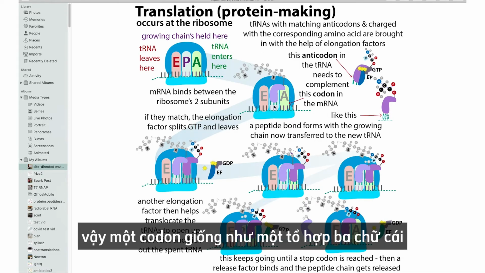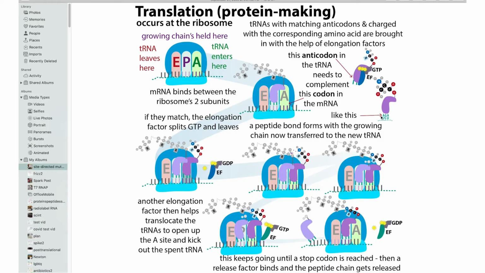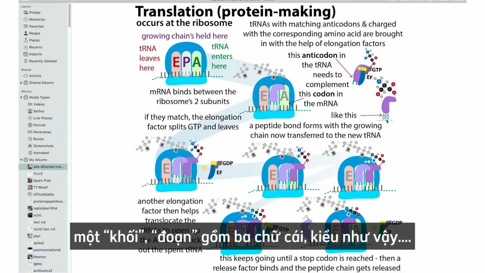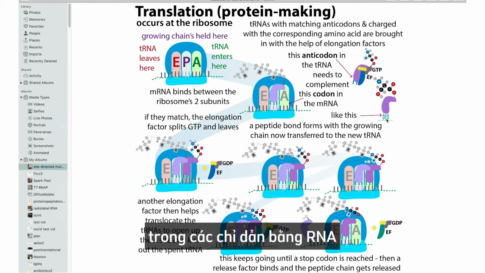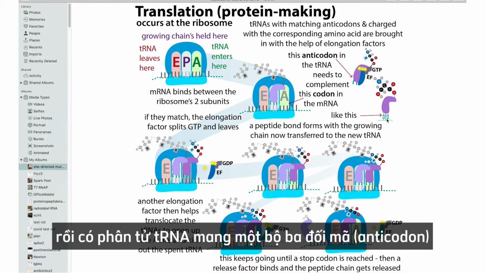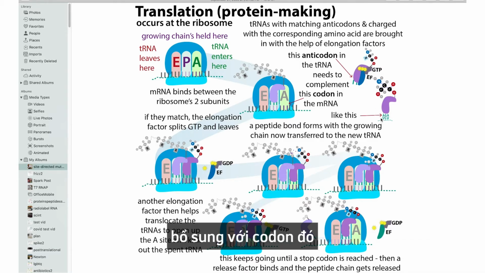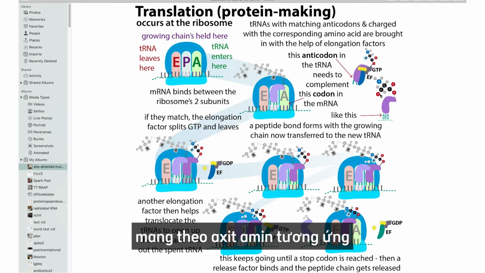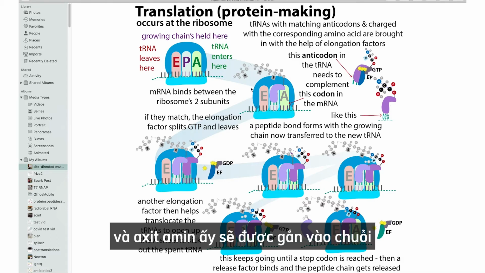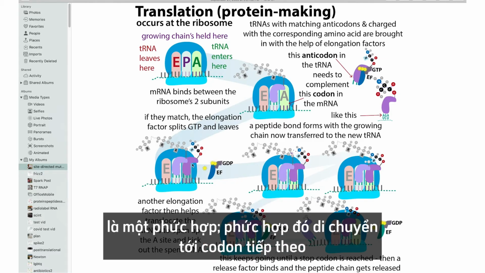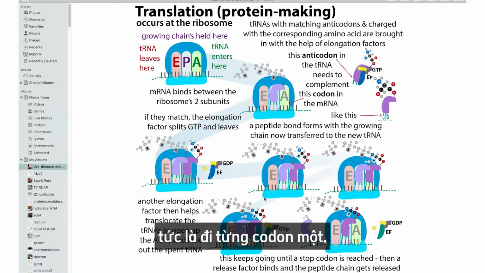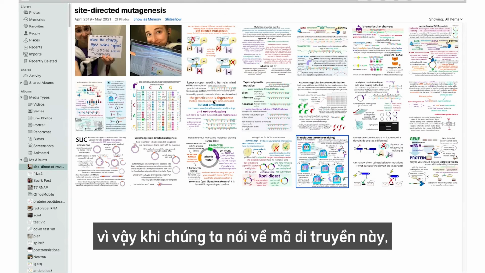A codon is a three-letter block or chunk in the RNA instructions, and then a transfer RNA molecule that has an anticodon that complements that codon comes, like a G for a C and that sort of thing, and brings the corresponding amino acid, which gets added to the chain in the ribosome, which is a complex, and then the complex moves to the next codon, so it goes codon by codon. So when we talk about this genetic code,